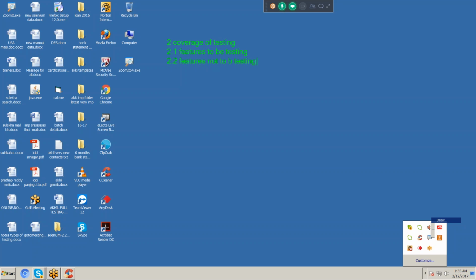For example, we have an application. Here we have one username field, one password field, and a sign in button.